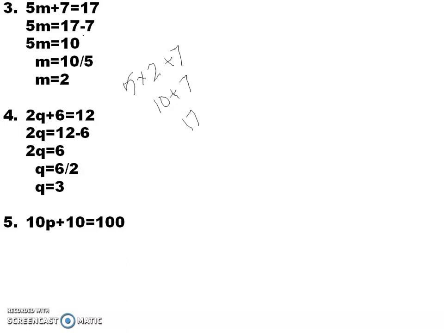10p plus 10 equal to 100. I don't have to explain it more. So 10p is equal to 100 minus 10. What is 100 minus 10? It's 90. So 10p equal to 90. So p is equal to 90 divided by 10. What is 90 divided by 10? p equal to 9. So you understood that the solution of the equation 10p plus 10 equal to 100 is